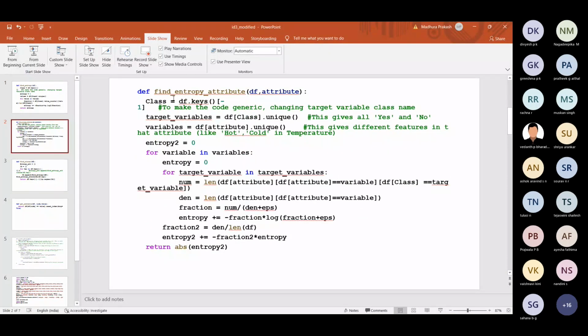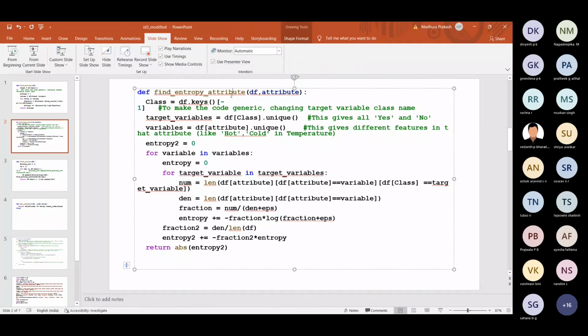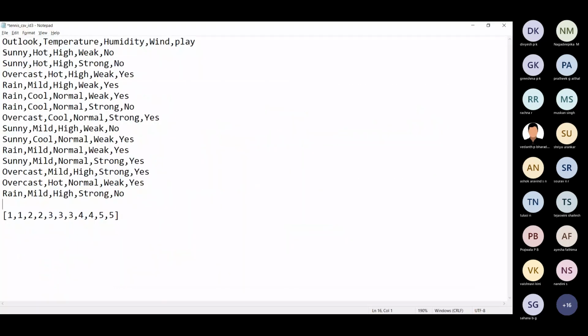So we have the second method here, that is find entropy attribute. The whole idea is we will have to find the entropy of a single attribute as well. Sometimes I will need the entropy of this data set with S sunny, with S overcast and S rain, right? If I just take outlook, there are 3 possibilities: sunny, rain, and overcast. I will need all these possibilities as well, because this comes into the picture especially when I'm computing the information gain of the attributes.